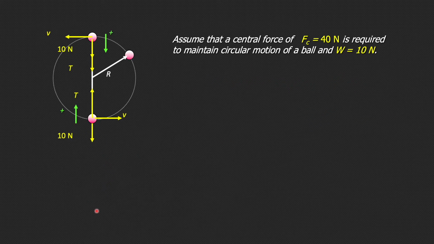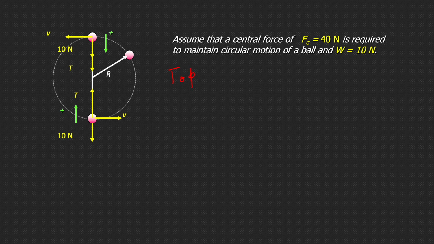At the bottom it's max. Now for instance, a force of 40 newtons is required to maintain the circular motion of this ball, which has a weight of 10 newtons. So let's determine the amount of tension required at different positions, at the top and at the bottom. Now at the top,